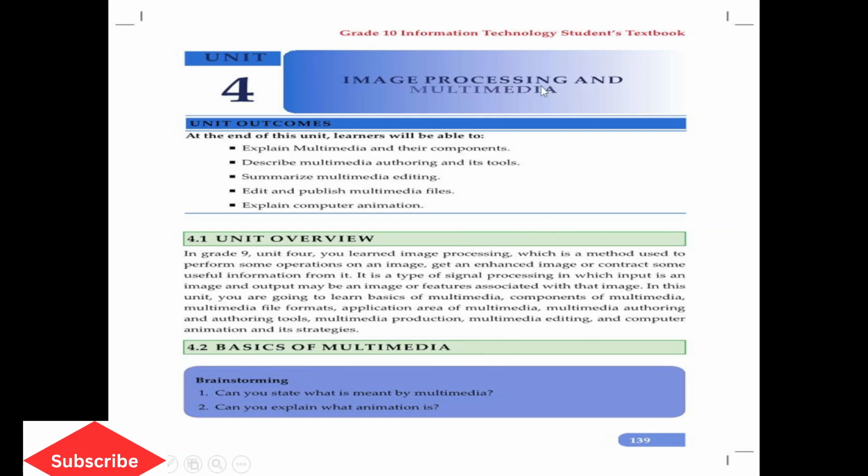When you say image processing, it's possible to add additional effects on the image, or to remove unwanted or unnecessary objects from the existing image. If you want to remove a text, it's possible, or you can add a text on the image. It's also possible to change the background color of a particular image.